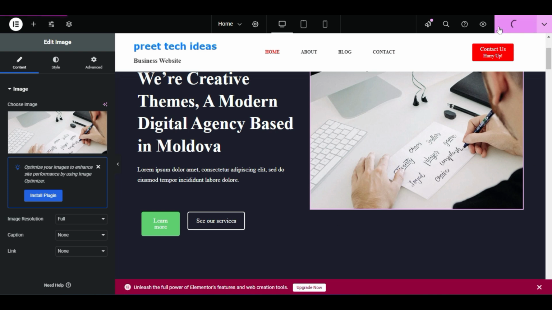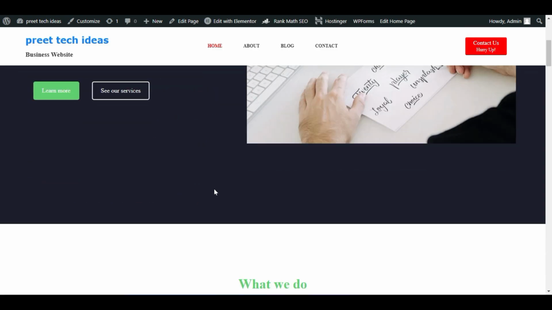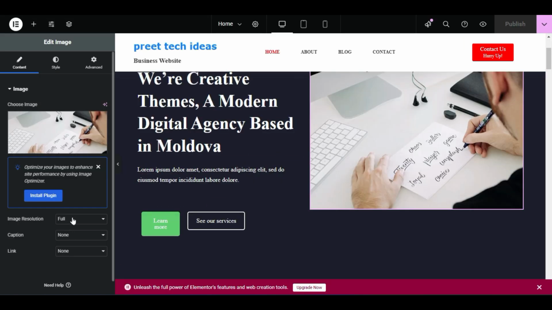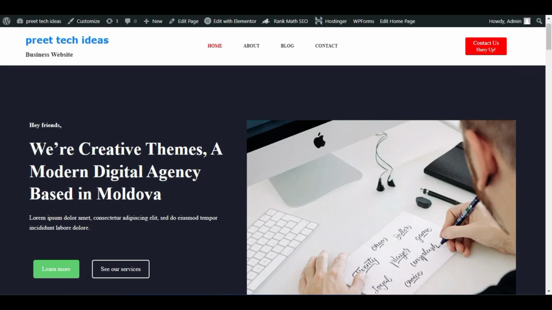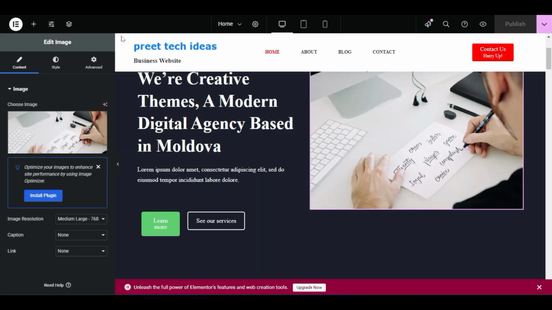Okay, publish, and you can click here review changes and you can try out how it looks. If you want to make a smaller image, just go back, try out, go with the medium one and publish. You can just refresh the medium one to see how it looks, or you can do one more thing,